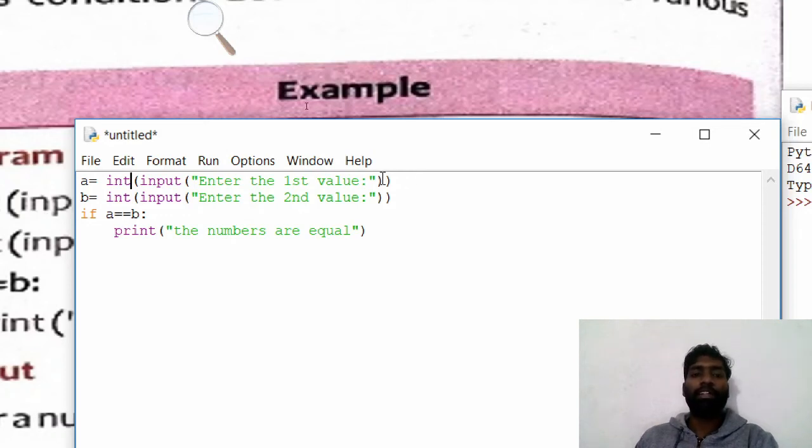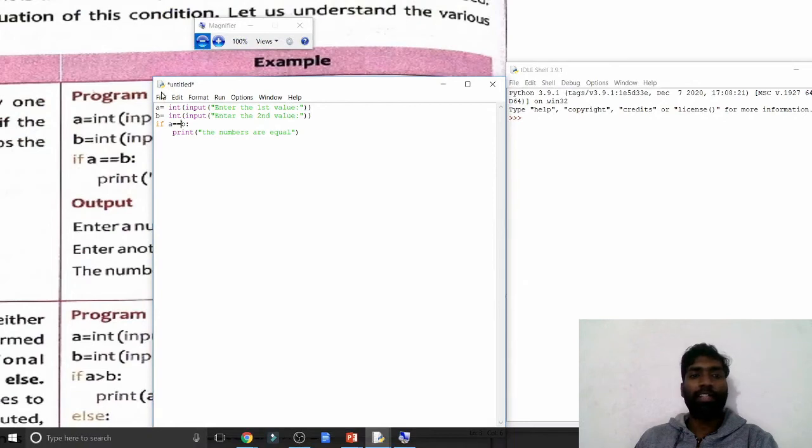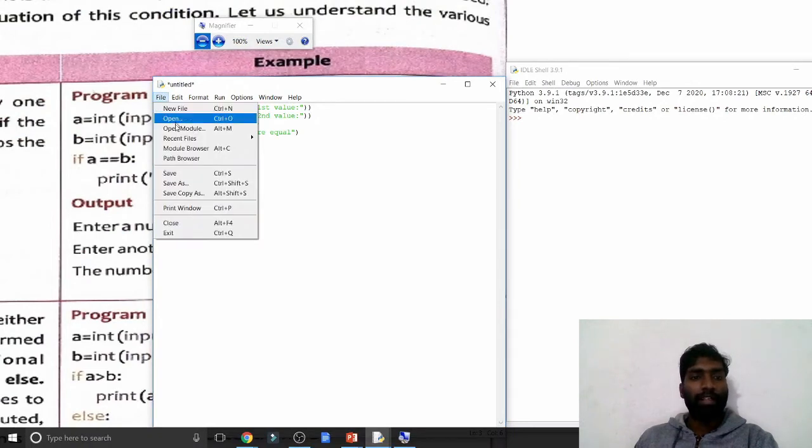What value we type will be stored in a, and what value we type second will be stored in b. If both are equal, we will get the output, the numbers are equal. If both numbers are not equal, we will not get any output. Now see here, run program.